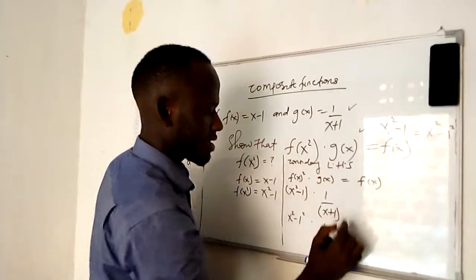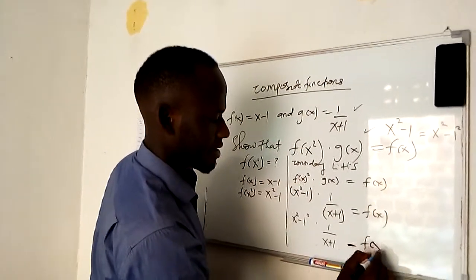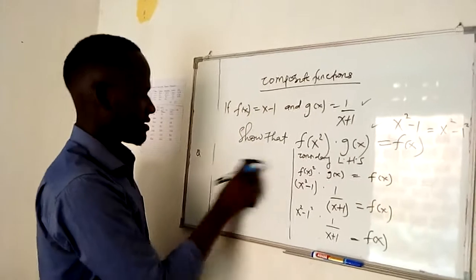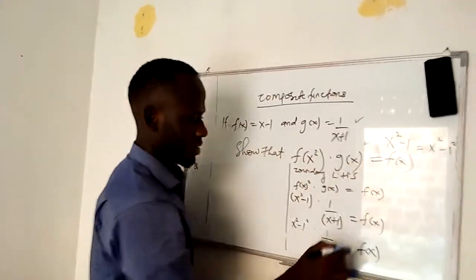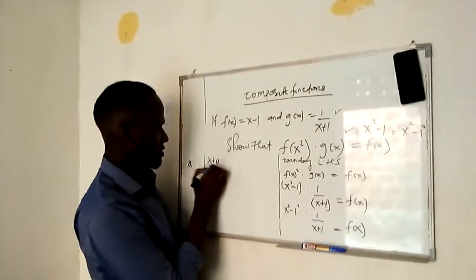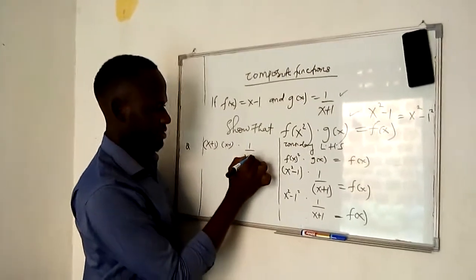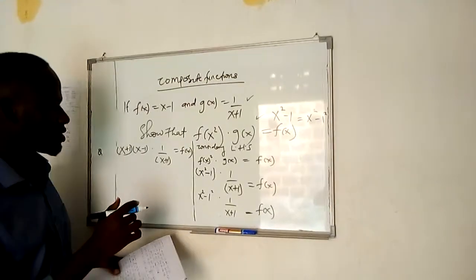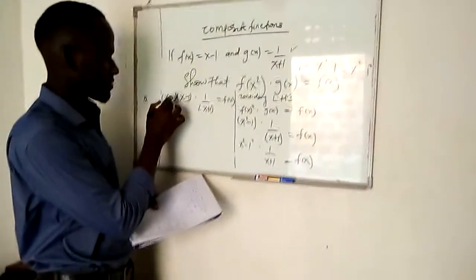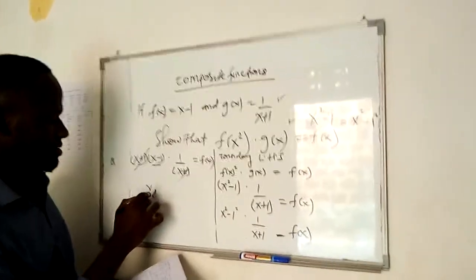So we can come back this side and say from where we had stopped. So we can expand this now. It gives us x plus 1, same as x minus 1, times 1 over x plus 1. So when you reach this point, you see this one resembles this. You cancel them out. So you stay with this one times 1. So it is x minus 1 equal to